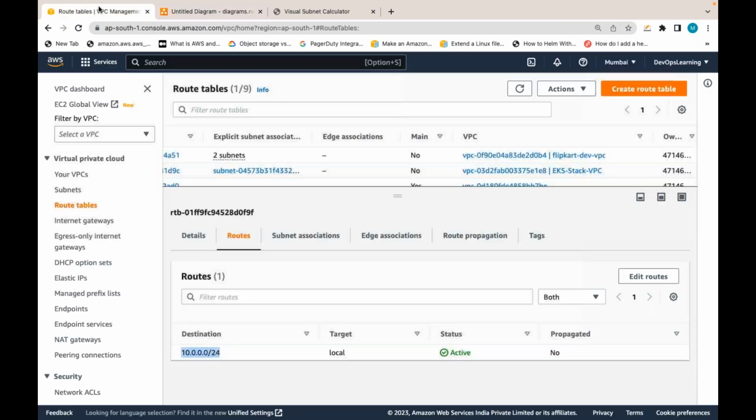So if the destination IPs are in this range, in that network range,